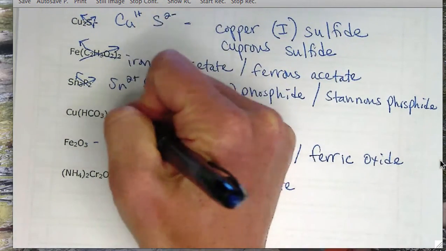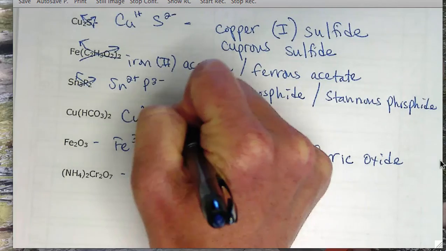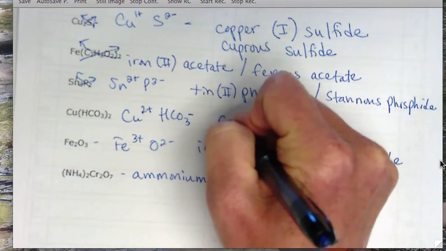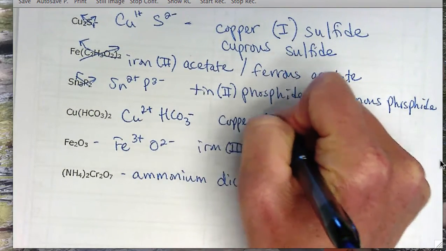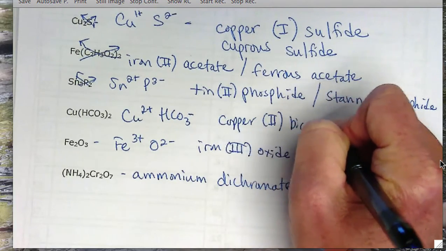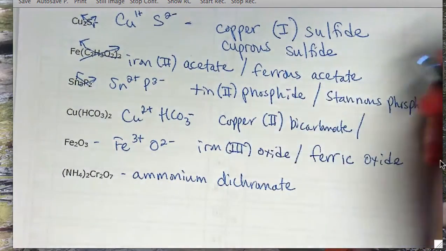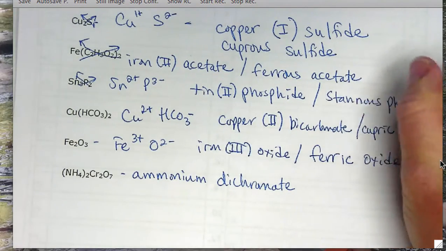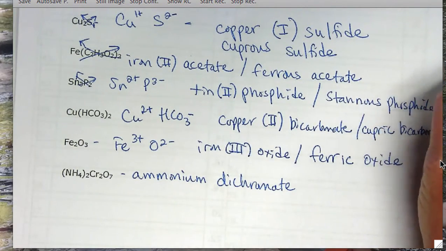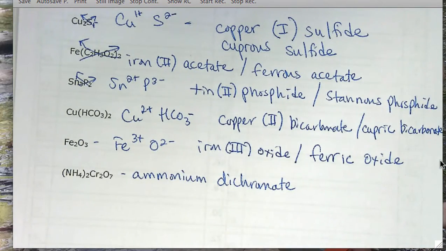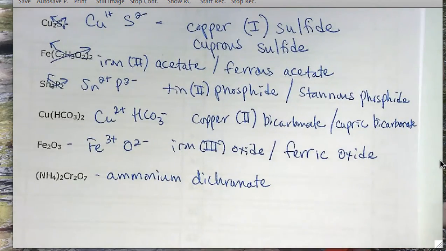Okay, so this next one, copper 2 plus, HCO3 negative. So it's copper 2 bicarbonate, or cupric bicarbonate. Did you say it could also be hydrogen? So it could be cupric hydrogen carbonate, or copper 2 hydrogen carbonate. Yeah, you like the longer, more complicated. Okay, so